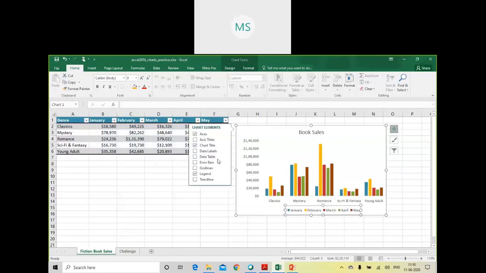Apart from that, if you want to insert something else, like titles of the axis, the moment I do that, it shows axis titles.